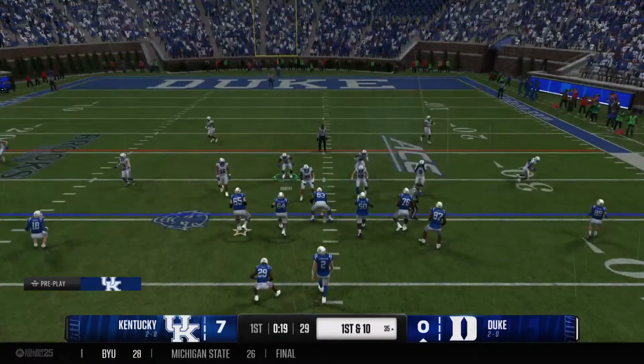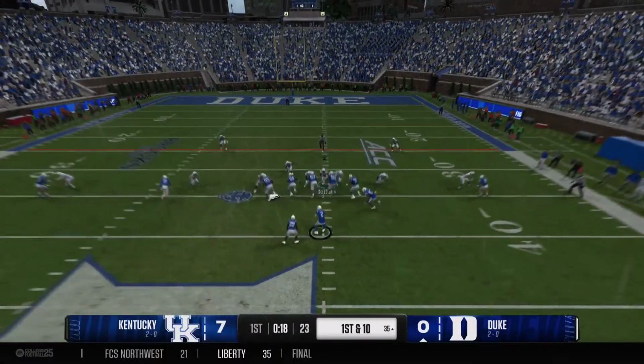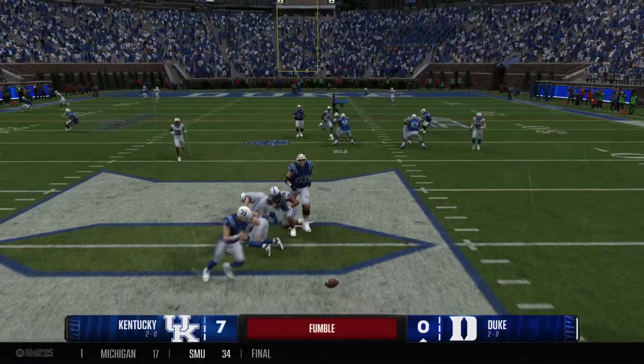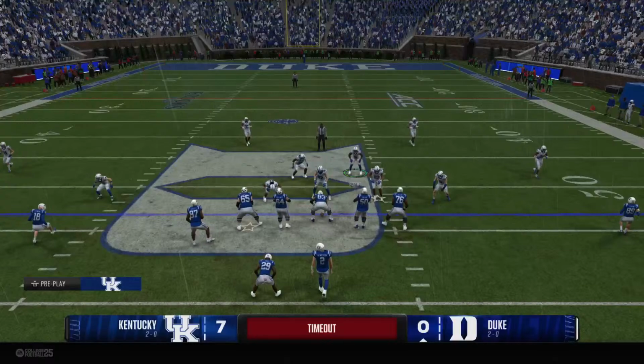Ball is at the 35. It's 1st and 10. Use the play fake. Now to throw. And he's all bottled up, and now it's worse. The ball's loose. Oh, and they get the ball back, but that's just going to make it much tougher on